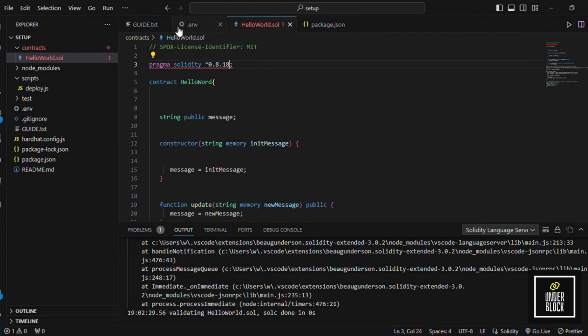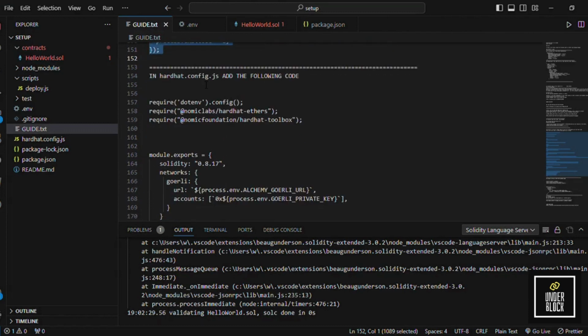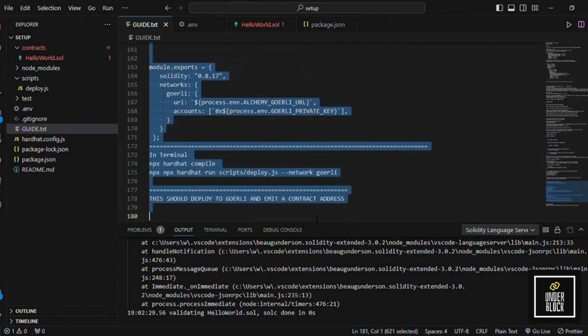what we are missing. All right, so back to the guide, we have that code. In hardhat.config, add the following code. So hardhat.config is right here. So we are going to bring in this code from hardhat.config. All right,